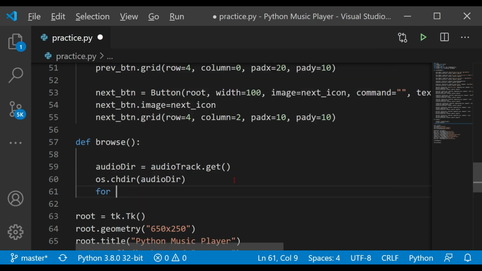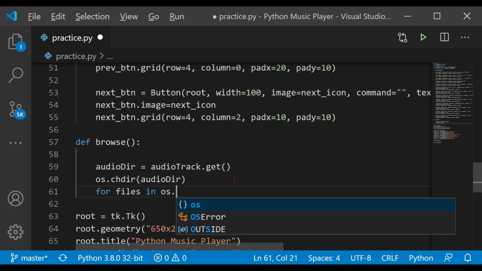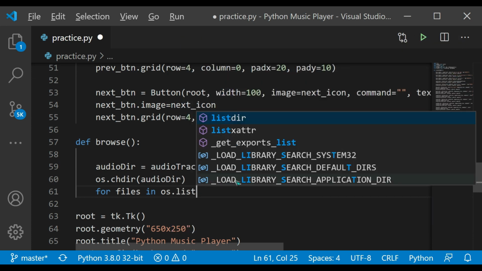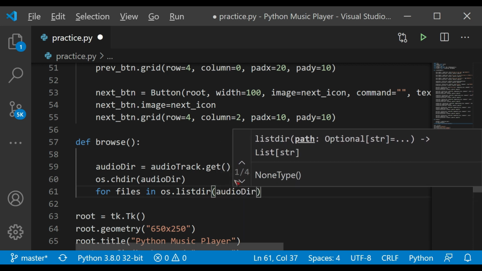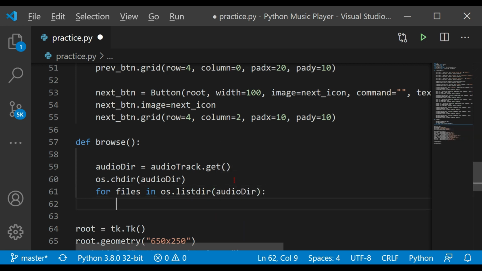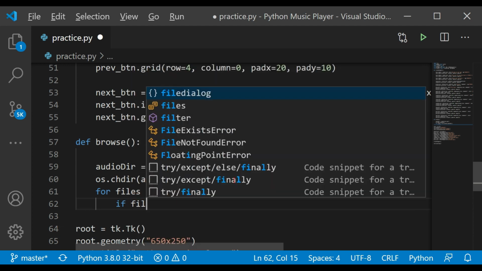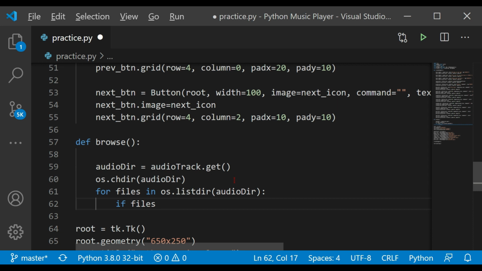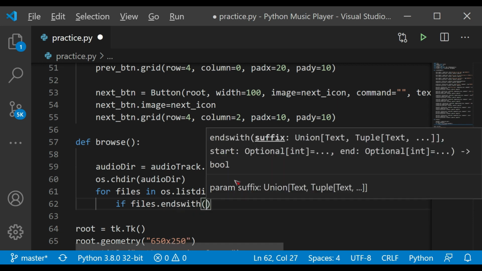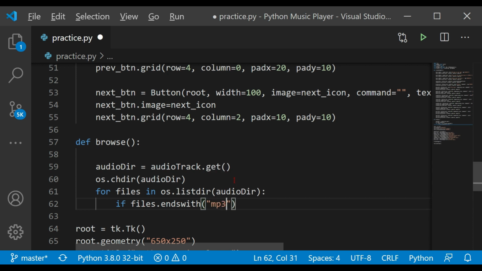So for files in os.listdir, and which dir, audio_dir, for every file, if files dot endswith mp3 extension, if it ends with mp3 extension, so what we need to do, we just need to